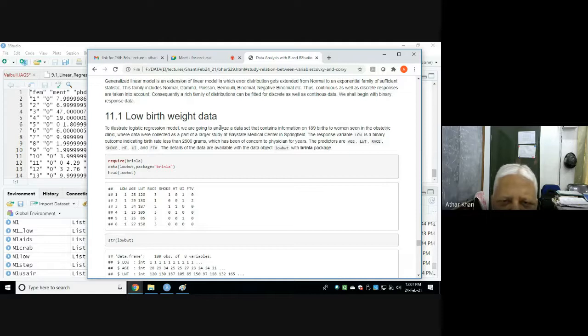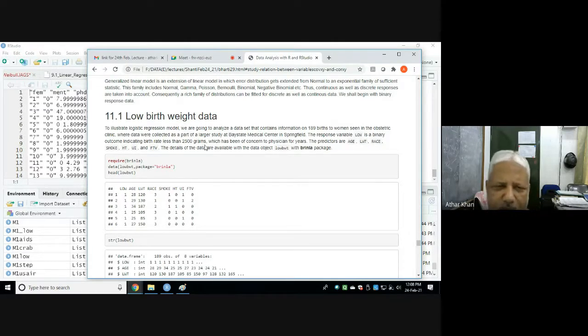We are going to analyze a data set that contains information on 189 births to women seen in an obstetric clinic, where data were collected as part of a larger study at Bay State Medical Center in Springfield. The response variable low is a binary outcome indicating birth weight less than 2500 grams.